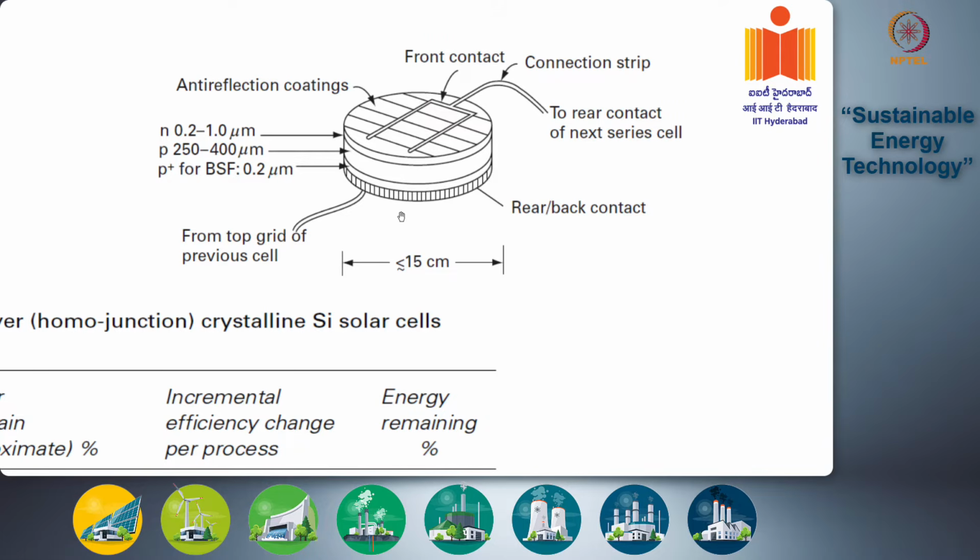Usually, when you see solar cells in series, the back contact of the first solar cell will be the front contact of the second solar cell, and so on and so forth. So front to back connections will be there, and then the solar cells are said to be connected in series. At the top, this front contact connection strip is connected with these electron collectors